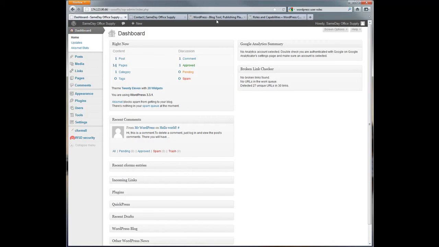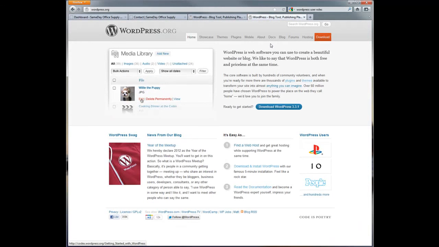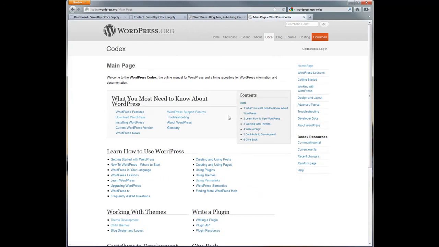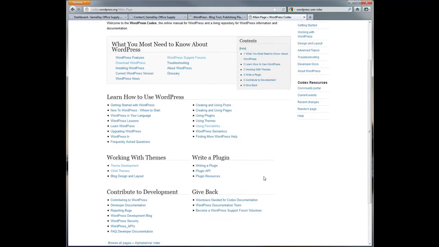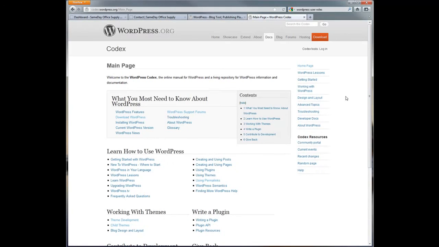Now, WordPress.org is a great site to use as a resource for additional learning and training. If you want to stay on top of WordPress, see what's coming out, see what people are doing, you can go to their blog, you can go to their docs area so that you can get more training and information about blogging or plugins or themes or literally anything that you can imagine. The thing that I love the most about WordPress is how documented it really is. And if I ever have a question, if I see an error message that pops up and I don't know what it is,